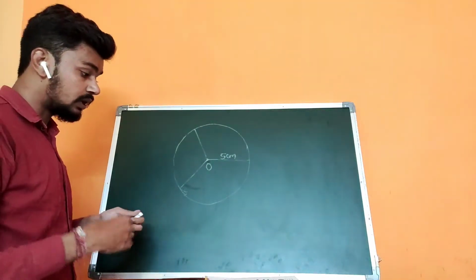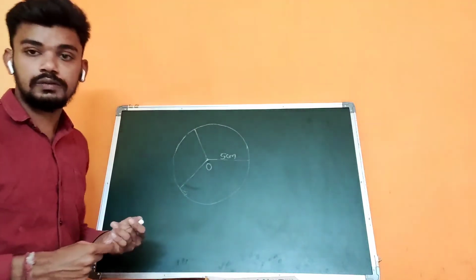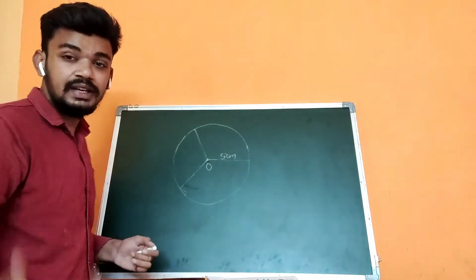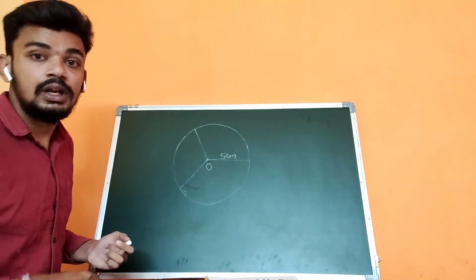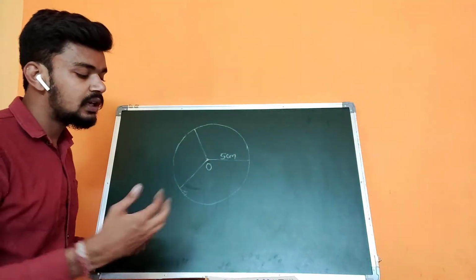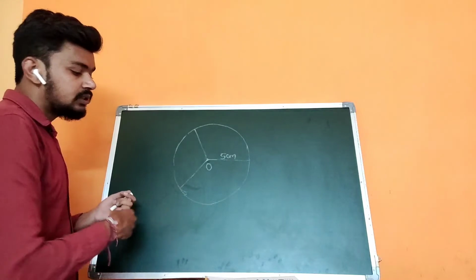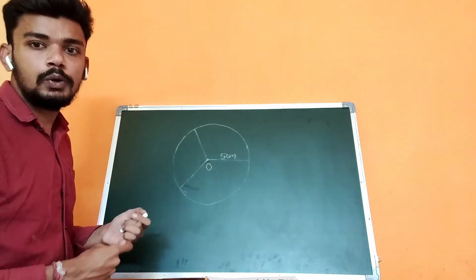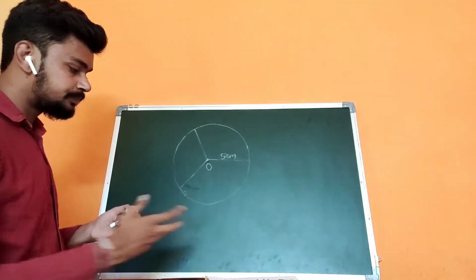So this is our last property of the circle, which is construction of the circle. After that, as I repeat the steps, you also have to write the steps after you draw the circle or before you draw the circle. Your steps would be: open the compass, and measure the 5 centimeter by the scale or ruler, you can write. I am writing the steps after a while. So that's how you need to construct the circle.